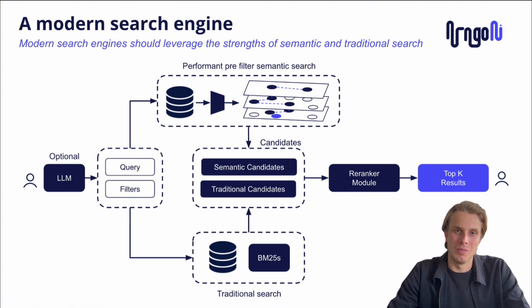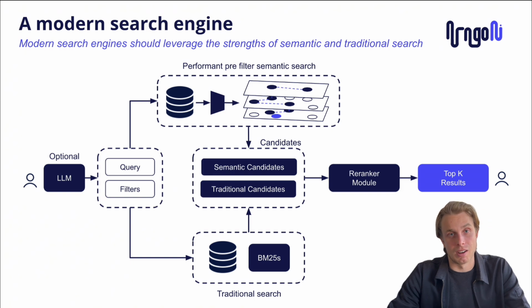But one thing that you will need no matter what is for both of these arms that you're executing in parallel to be fast, especially if you're dealing with a large user base and you still want to provide a good UX. That motivates why we're going to focus on BM25s today, as it is a way to significantly speed